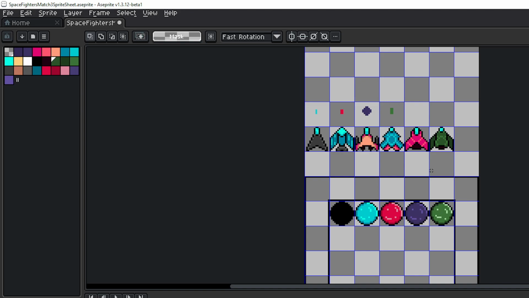That's essentially how I want the game to work. But the first step is getting the art that I can use, and then going into the game engine, using this art to make a 2D match 3 space fighter game. I don't know if it'll be in this video today. I don't think it will, because it'll take longer. I'll probably do another video, another recording of me doing this art